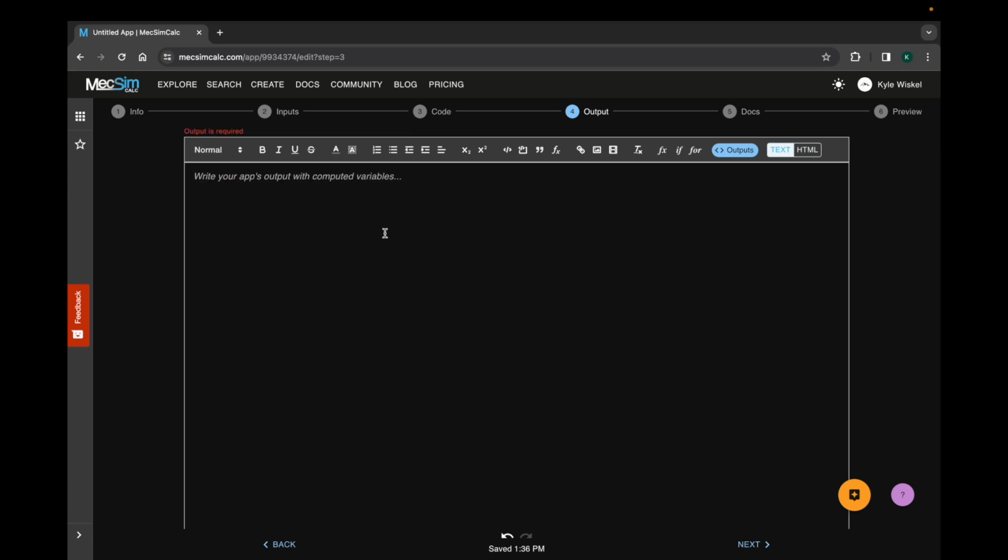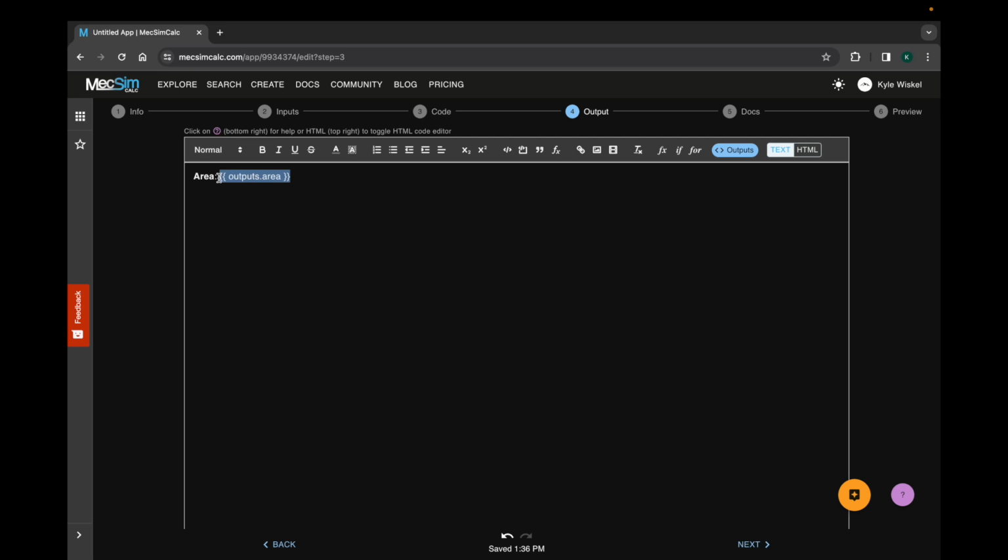To output a value, you can go to the Output Variables button. This will bring up any outputs that were returned in the Python code. Click to copy and we can paste it into our editor. We'll make this look a bit nicer by putting some information attached, since this will be the outputted number.